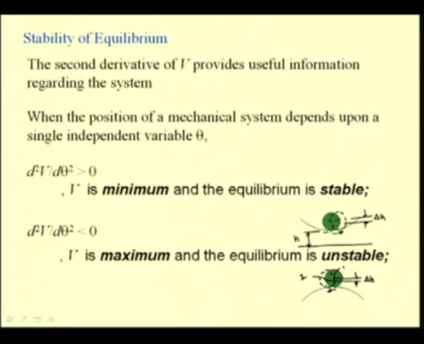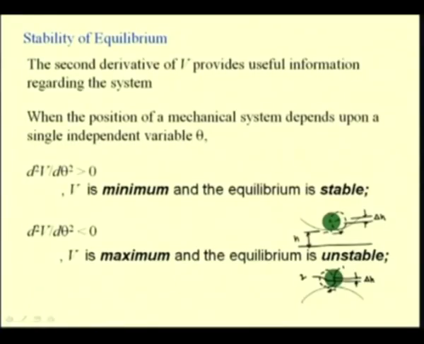That means for small perturbations the sphere starts to roll out and it doesn't come back to the same equilibrium position. It tries to go and settle in another equilibrium position, which could be something like this, where the sphere will go and take a new equilibrium position, say 3, where again the sphere is in equilibrium and